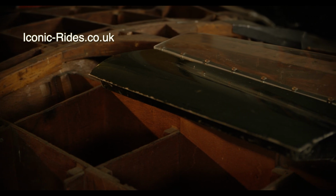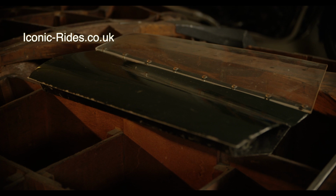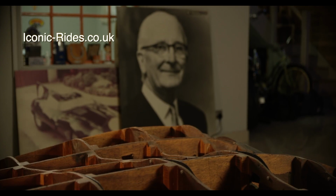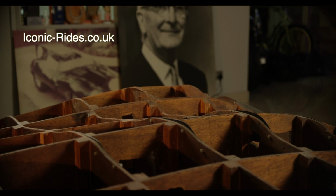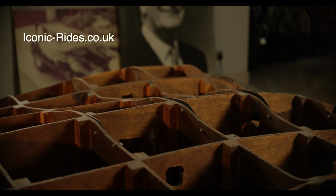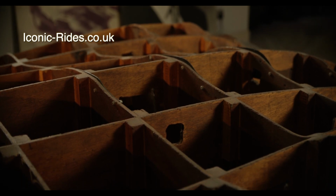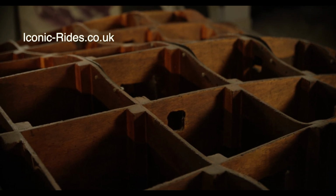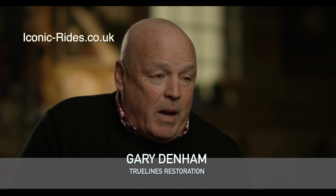The D-Type Jaguar was designed primarily by Jaguar to continue after the success of the C-Type, to go racing at Le Mans and to win the championship for Jaguar in the racing world. They were using the XK engines, which were hugely successful. It was the first car to ever do 120 miles an hour for 24 hours, and that engine was expanded upon,